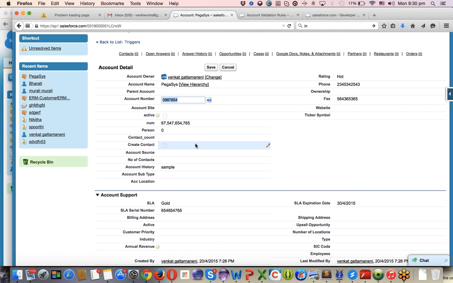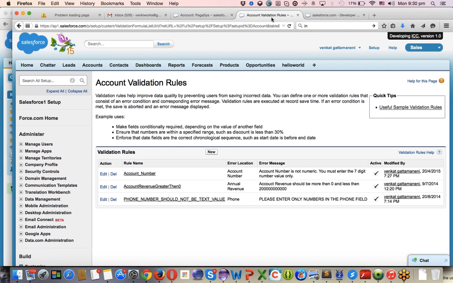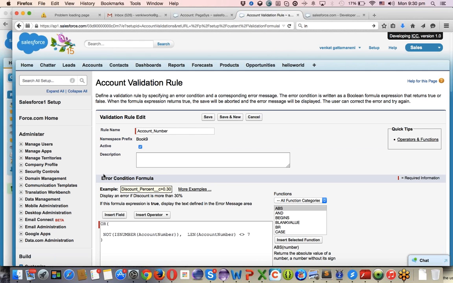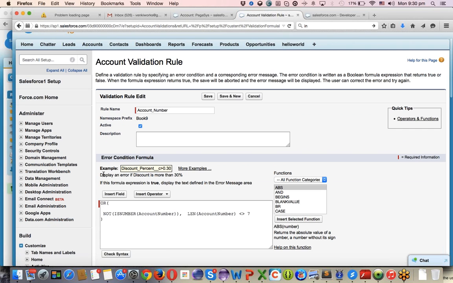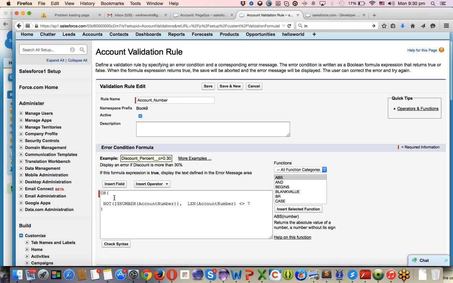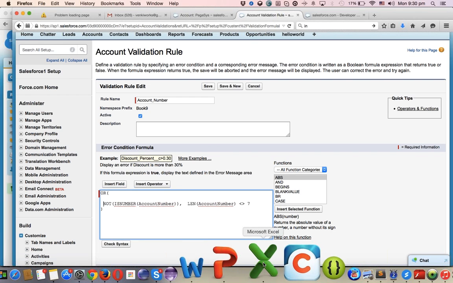Right. Let's explain the code of that validation rule which I have on the account number. I am clicking on edit. When you are creating the validation rule, there is a simple formula you have to write here. So again, you have to be really good at logic, the logic gates of OR and AND, and the combined thing also. What is that? Okay, first of all,